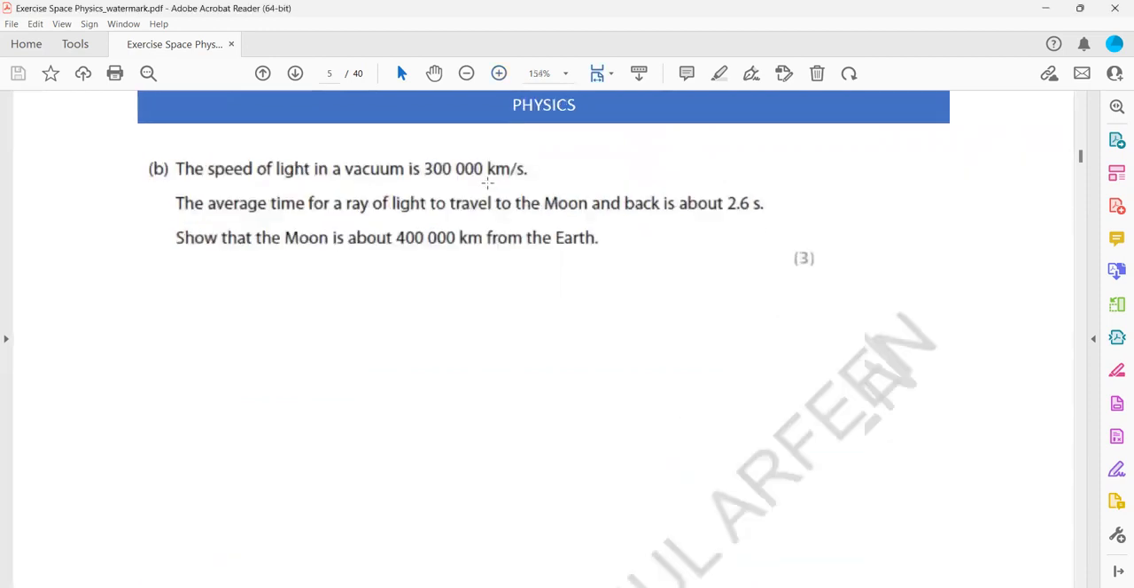The speed of light in a vacuum is 300,000 kilometers per second. The average time for a ray of light to travel to the moon and back is 2.6